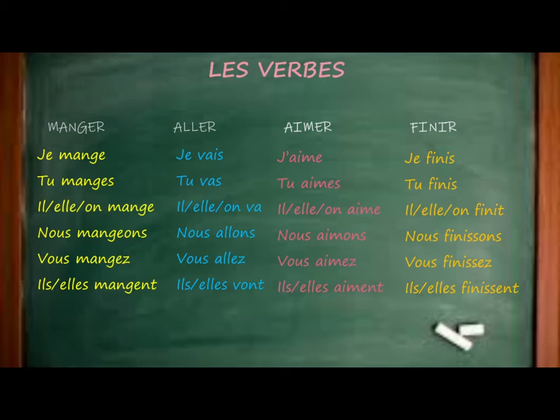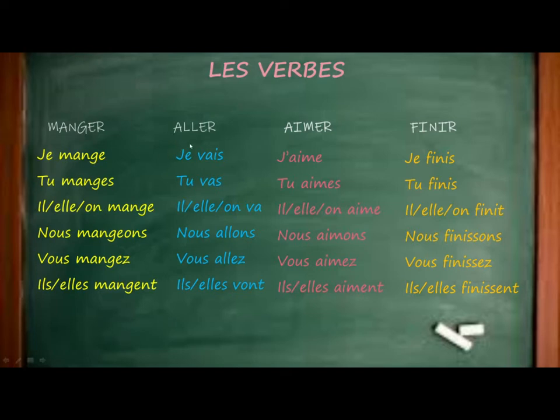Je mange, tu manges, il mange, elle mange, on mange, nous mangeons, vous mangez, ils mangent, elles mangent. Right? The verb manger is normally an ER ending verb, but just for the GER form we add an e here. So, je mange de la glace, je mange une glace, or je mange une pizza, je mange une pomme, and so on. It means I eat, or I am eating.